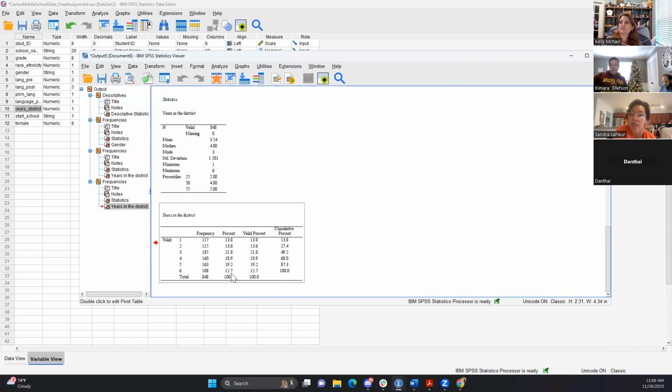And you can look at this table too and also say only 12.7% of students are there for 6 years, because it's only 108 students. So that's only 12% of the full total. So could that turn into a question? I'm tracking with this idea. I just couldn't figure out for myself where to make a break in the number of years.